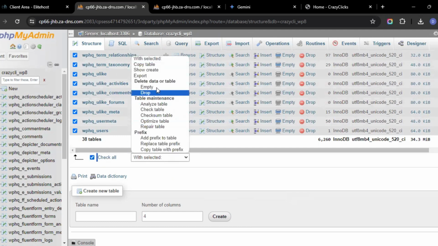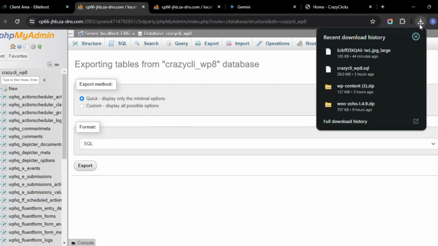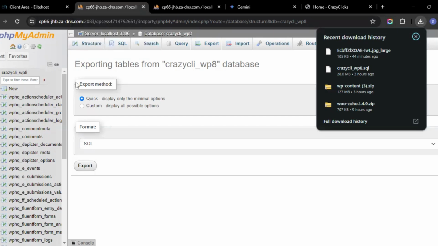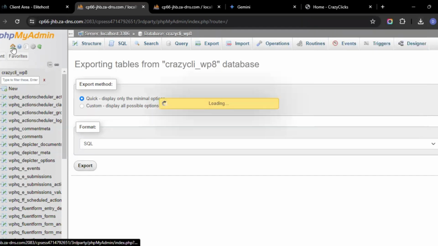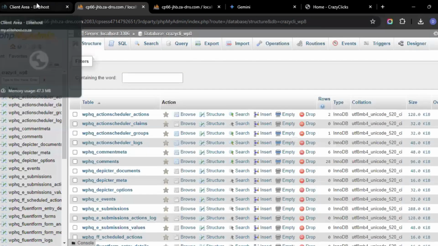So what I'm going to do is scroll up. When I scroll up, I reload. Then I check all. I click check all here. Then export the database. If I click export, then export again. So I will download the database as a file. I've already done it. Here's the database. So as I downloaded the database,